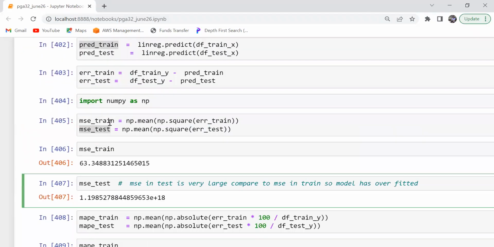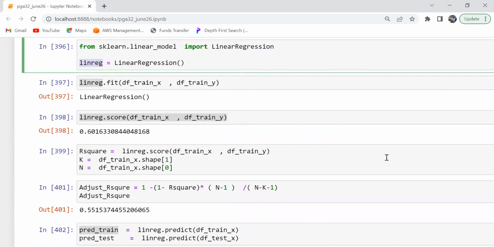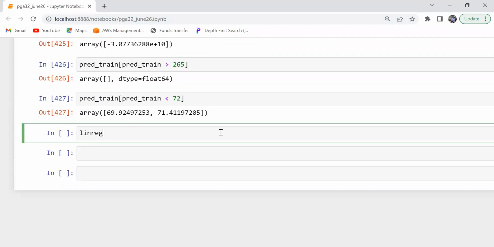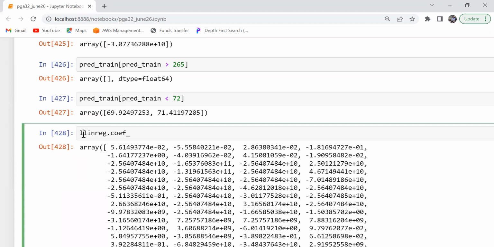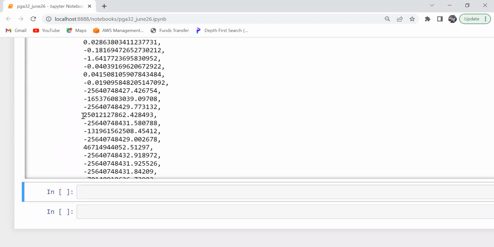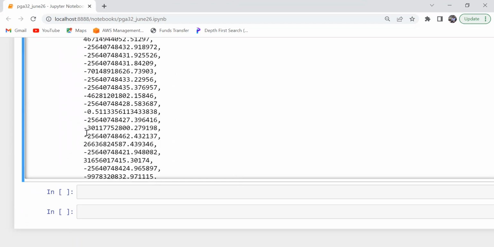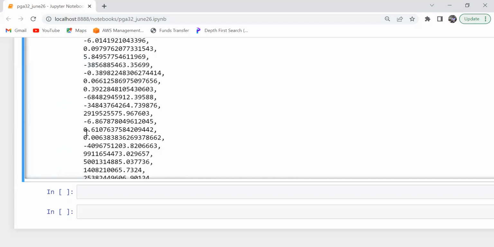So how can I find the betas, guys? Intercept. So what I'll do? Intercept or coefficient? Coefficient. ठीक है ना, इसको हम एक लिस्ट में डाल देते हैं. So देखो, can you notice there are some large beta values आते हुए दिख रहे हैं. Ignore the sign and do you notice large beta values?